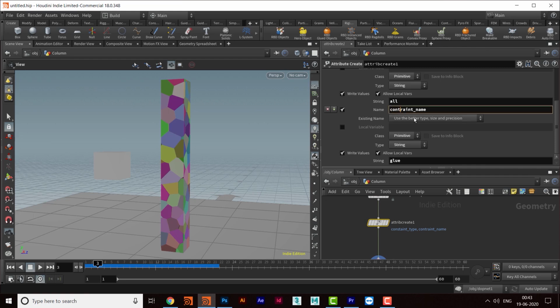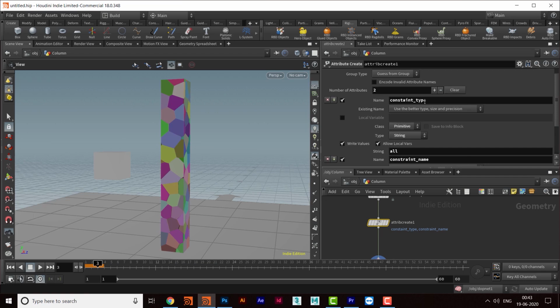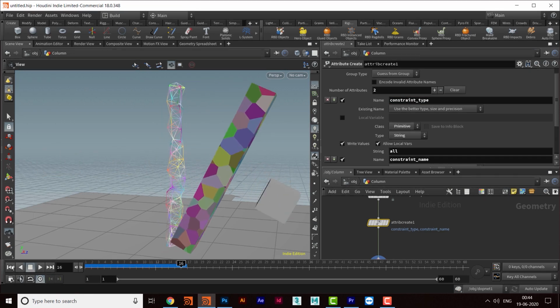Sorry, constraint, not constraint. Constraint name. Okay, it was misspelled. Sorry. Yeah, constraint. Okay, so now play. Yeah, and now see. Now it's working fine.